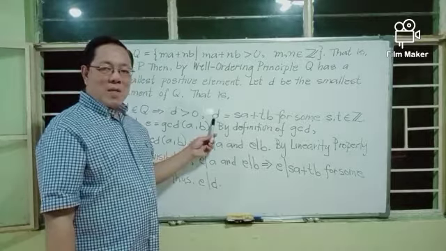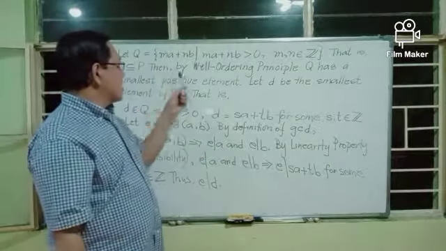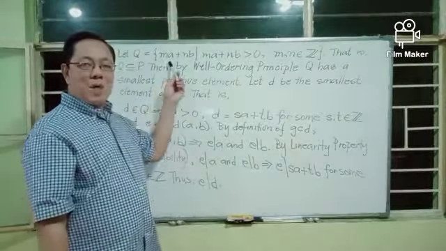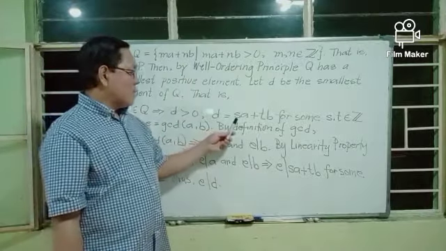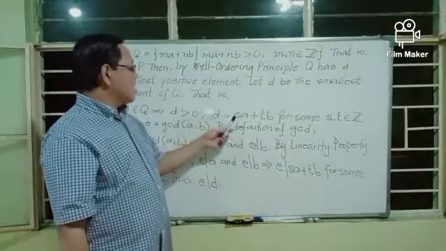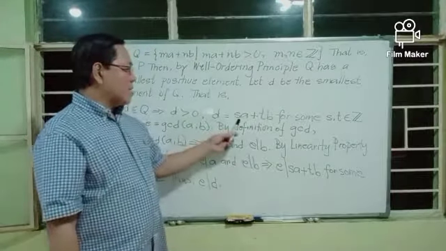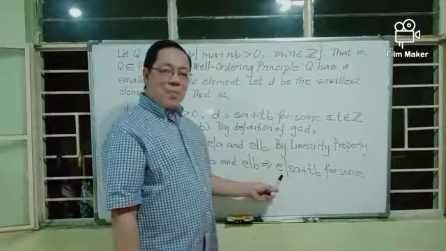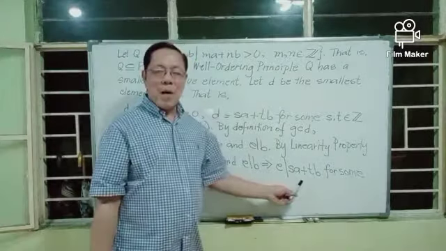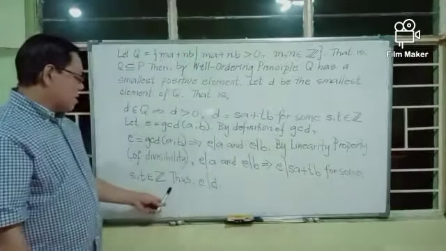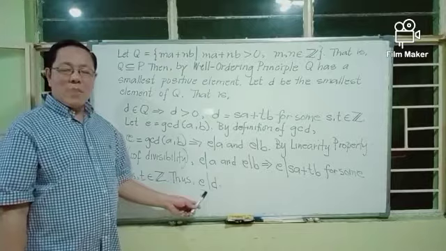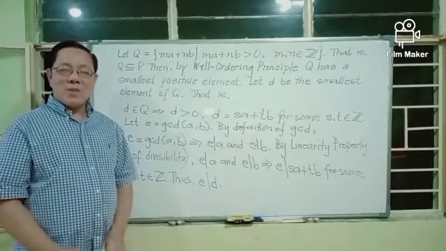And we write, because D is an element of Q, it is a linear combination of A and B of this form. In particular, we take M equals S and N equals T. So D is equal to SA plus TB, and this now becomes E divides D. Thus, we conclude that E divides D. Next, we will show that